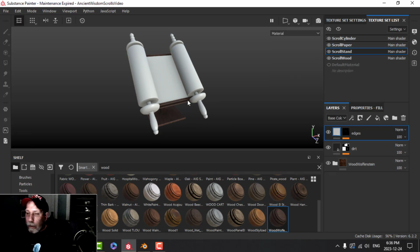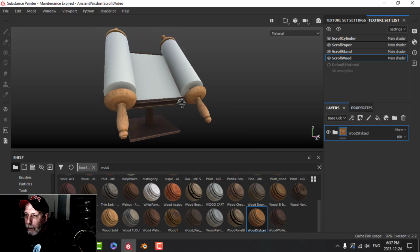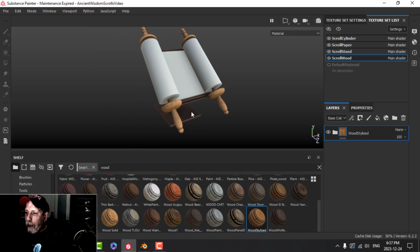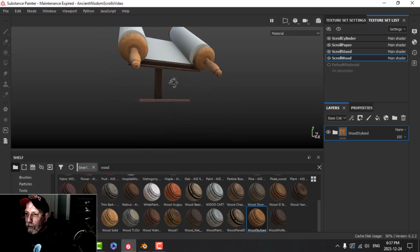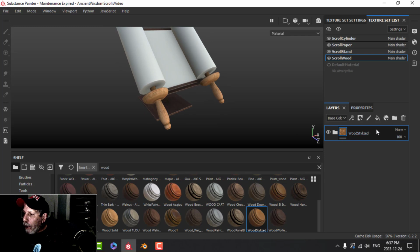Like I said in my vlog, I think this was going to be a simple one. Let's do this scroll wood next, and that's also going to be simple. I'm going to try this wood stylized that I've got, which I think I made. And I want this to be distinguishable from the stand, so I'm thinking of going with that. And Smart UV Project seems to have done an okay job for this, and so I've got that. And now